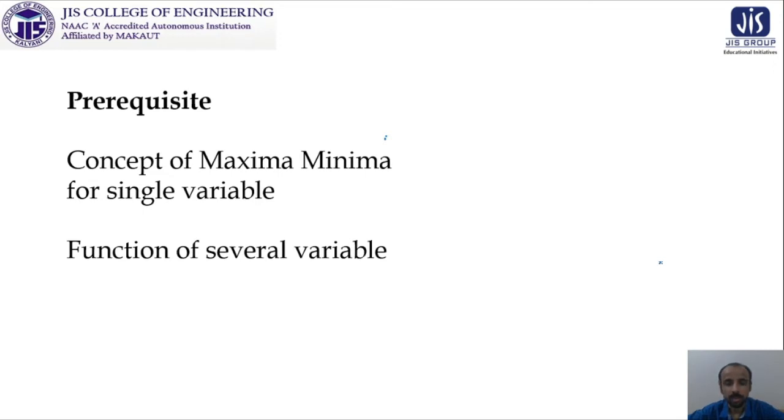The next prerequisite is obviously the function of several variables, because we are going to deal with the maxima minima for this particular case. So the basic properties, the calculations, the restrictions, the limitations, and the geometrical interpretations, all these are very important. Until and unless the geometrical interpretation is clear to you, the interest will not grow, and it is tough to continue the calculations, because it is not merely a calculation, we have to think so.